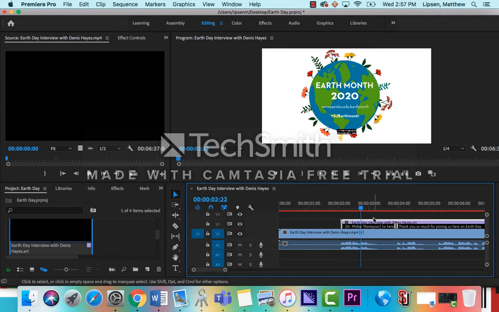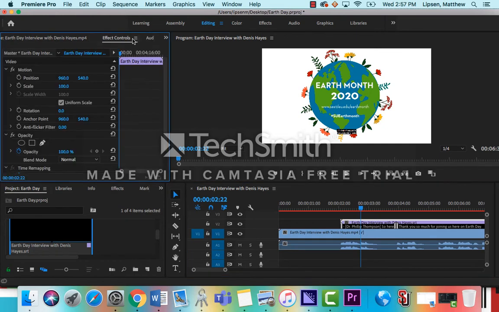So you're going to want to click on it. You're going to want to go to Effect Controls, and you're going to want to play with both the Scale tool and the Positioning tool. So for positioning, you're going to want to make these words way bigger. So you're going to want to bump the Y-axis, make it a little bit higher, and then take the scaling and make it a little bit bigger.